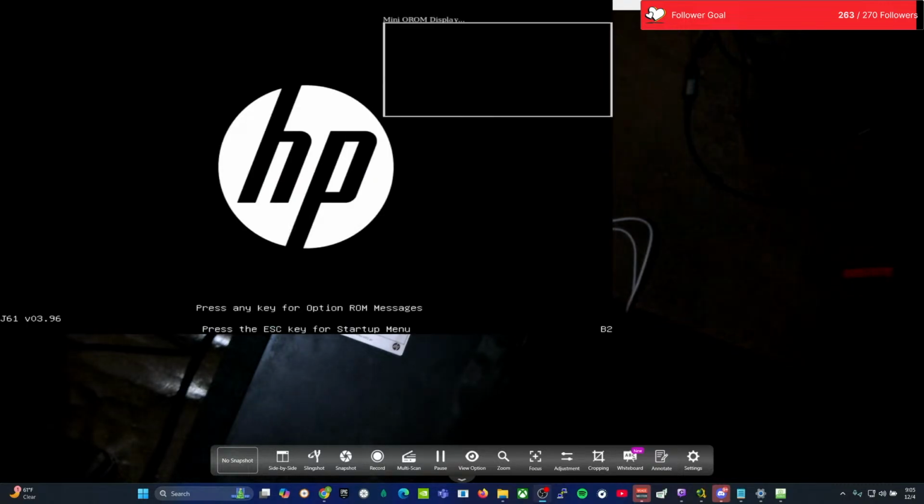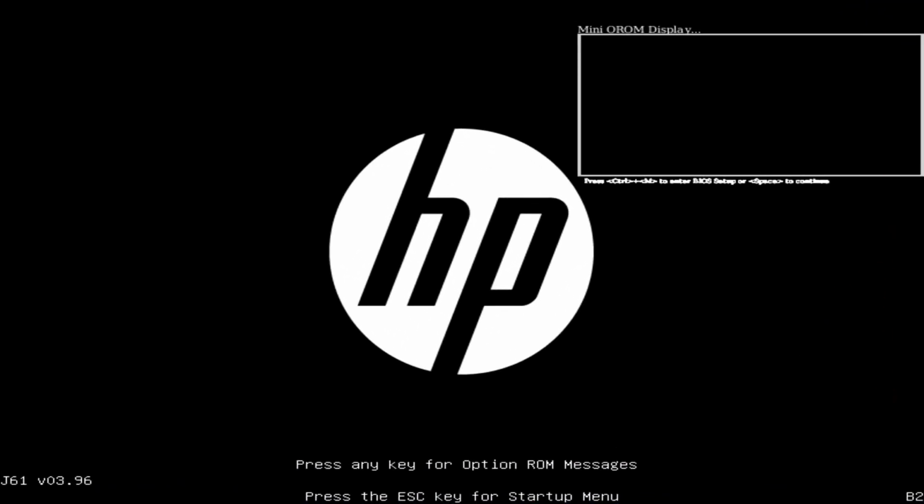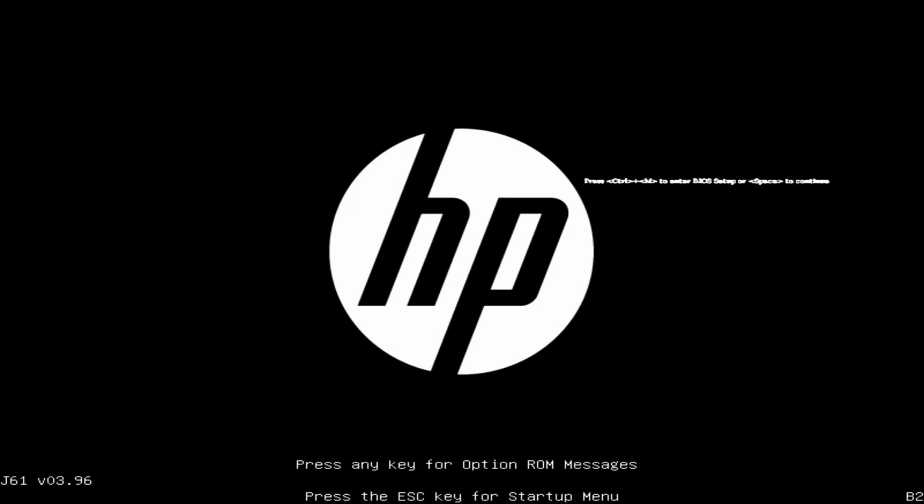There it goes. HP logo. Fully functional, guys. Look at that. Oh, yeah, let's make that bigger. There it is, booting up. So, repaired the second machine of the day there, guys. So what this is going to be doing is going through its basic boot function, and it should boot to something called